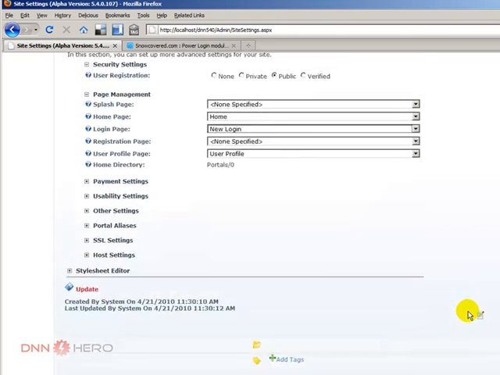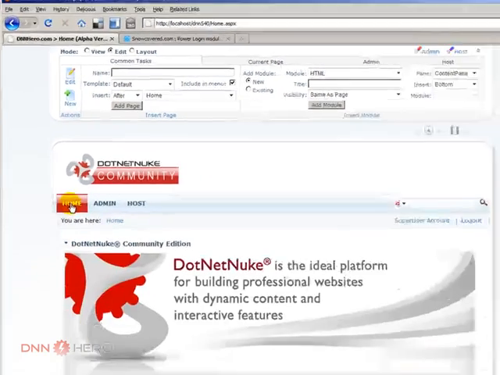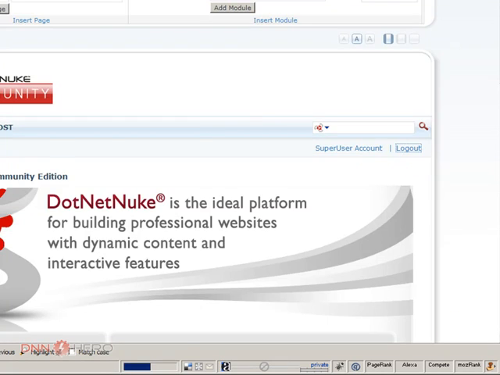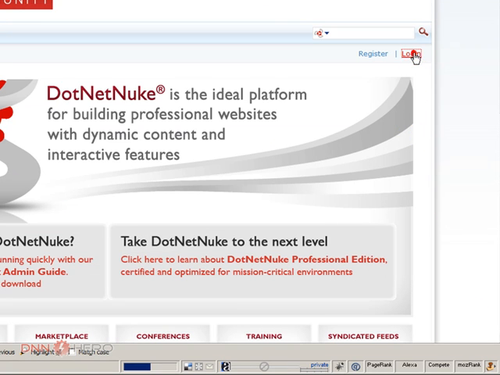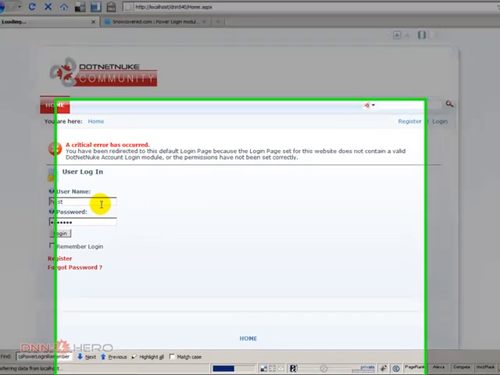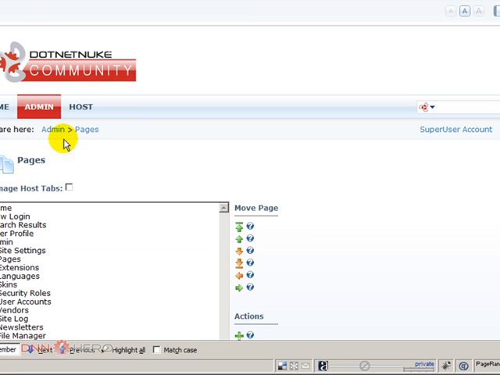So I can click update, and I cross my fingers that if I log out and I try to log back in, the page will come up. I think I have missed something. This is the standard login. Let me go back as the standard login, and let me have a look at the page again. I may have missed some